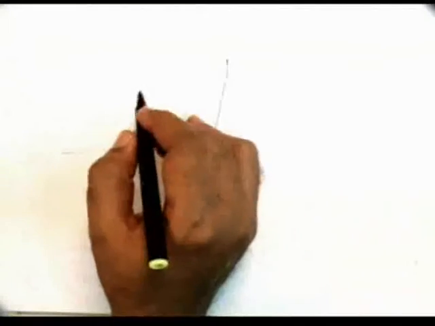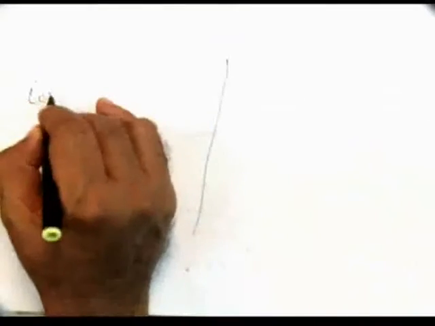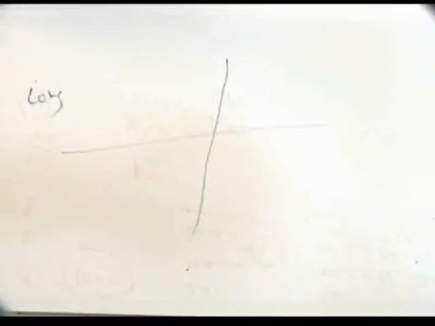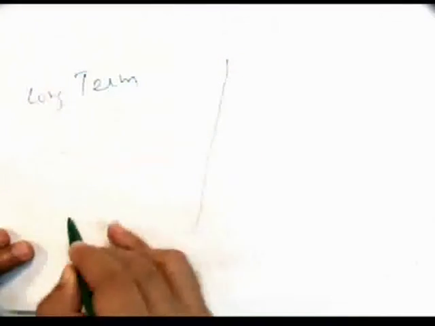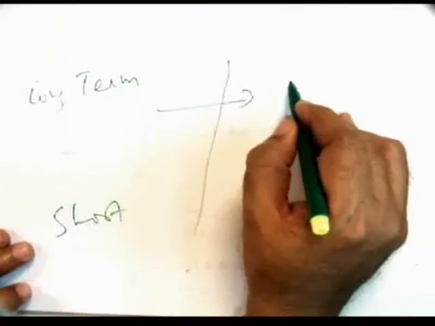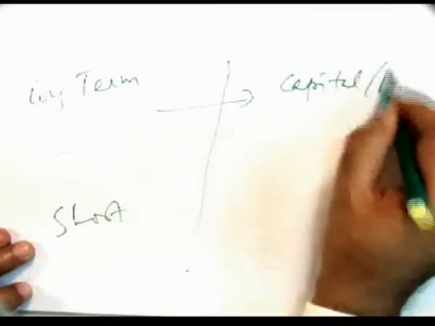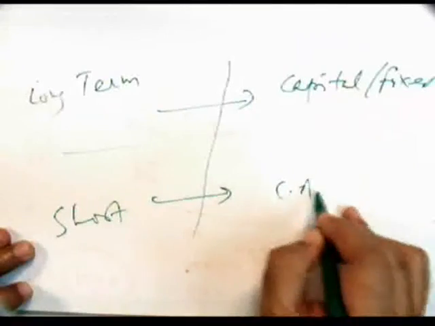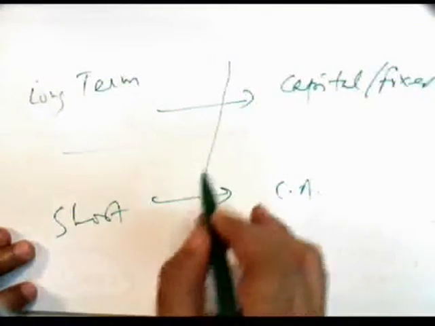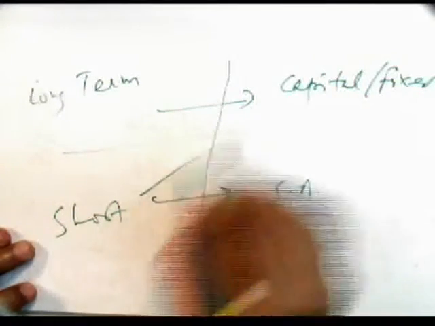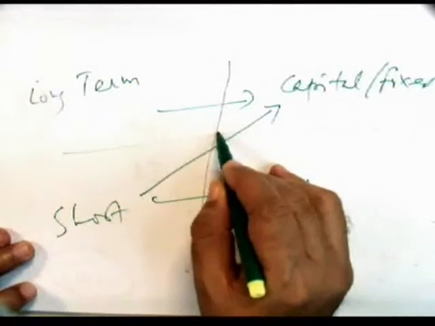there are two kinds of fund. These are the long-term funds. These are the short-term funds. So from long-term funds, generally capital assets or fixed assets are produced, and from short-term the current assets are produced. So it is risky. If you use short-term fund in capital form, it is risky. Therefore, it is generally not preferred. But vice versa is good.